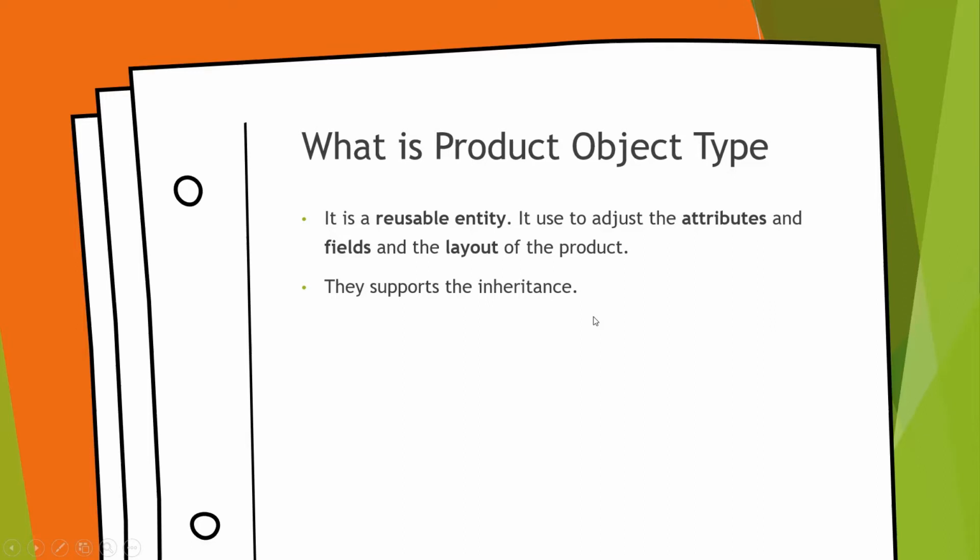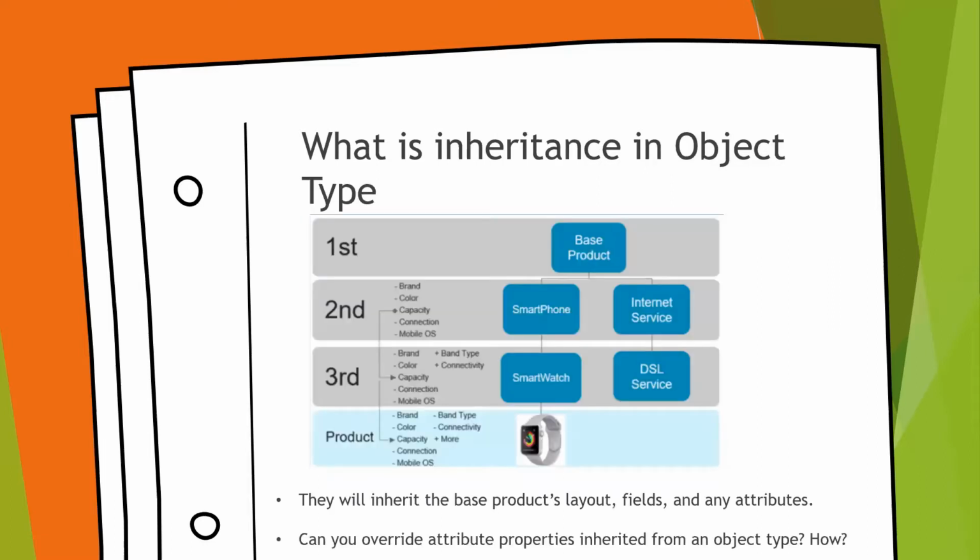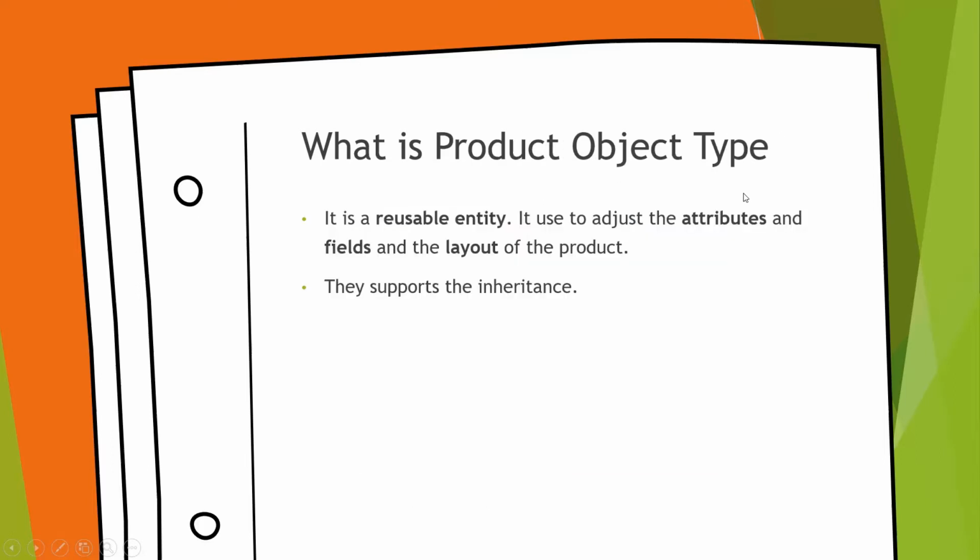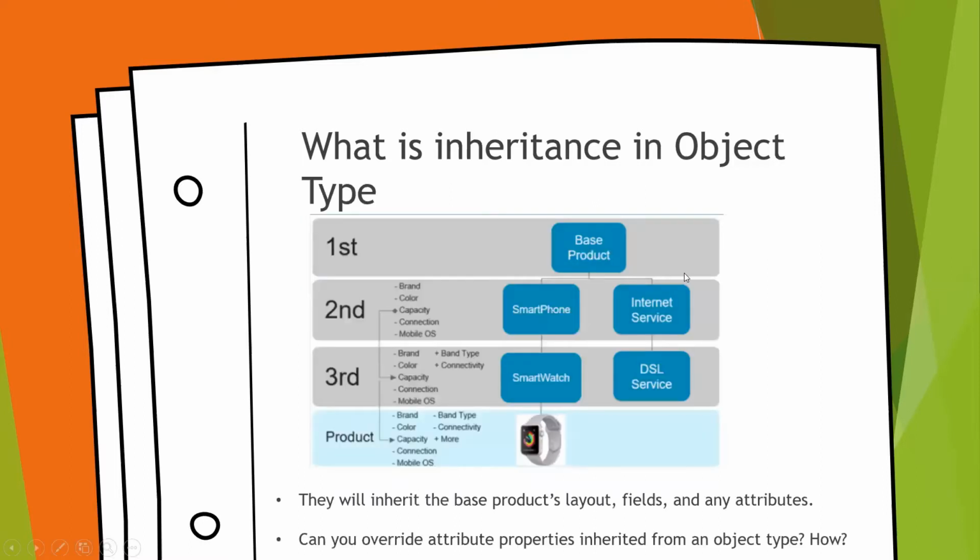I hope I have already discussed this in the previous videos. In our project object type, we use inheritance. That means there is a parent object type, and then we create a child object type under that. Let's discuss. I think the next slide is on that. Yes, inheritance. What is inheritance in the object type? These two questions are related, so whoever asks, you need to give the same explanation. It's better.